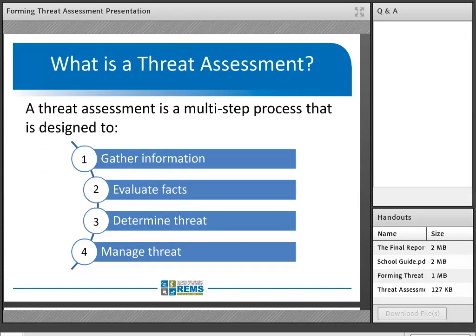The purpose of a threat assessment may differ between localities based on the needs of the community, district, and school. For the purposes of this presentation, we will focus on targeted violence in schools by students. So, what is a threat assessment? A threat assessment is a multi-step process that is designed to 1. Gather information from a variety of sources. 2. Provide facts. 3. Determine whether the student poses